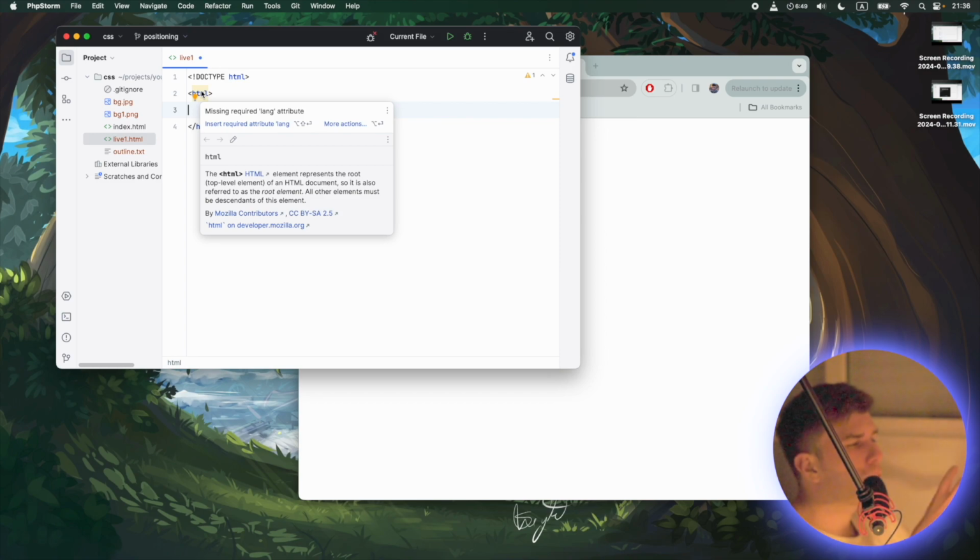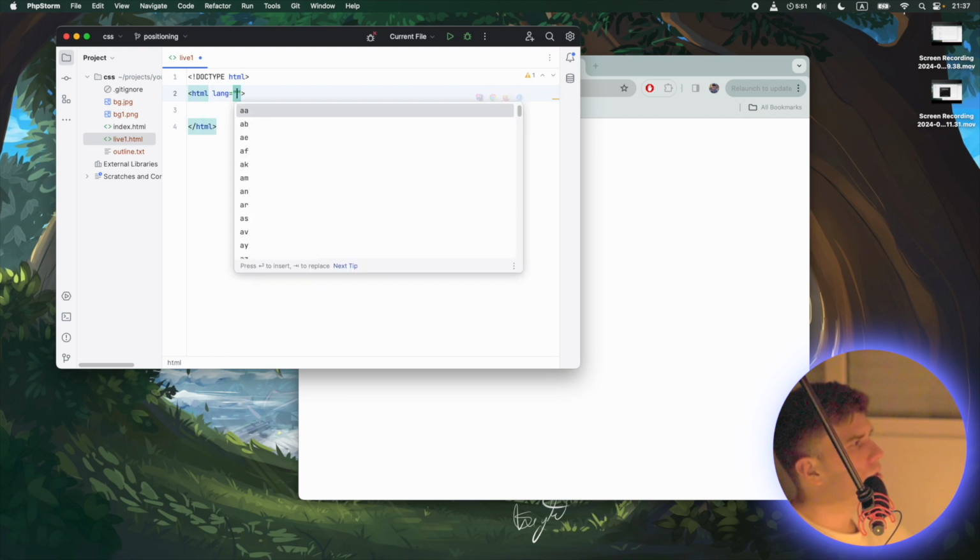But I would encourage you to strive for valid HTML pages, because then you are making sure that the page is properly understood, interpreted, and rendered in the browser by a broader range of devices and applications that are working with HTML. So, okay, lang, let's say English,